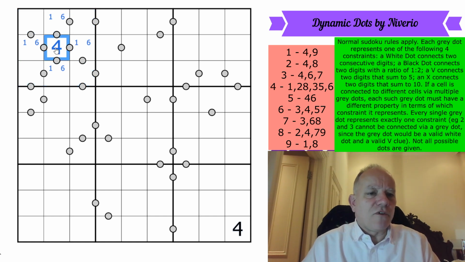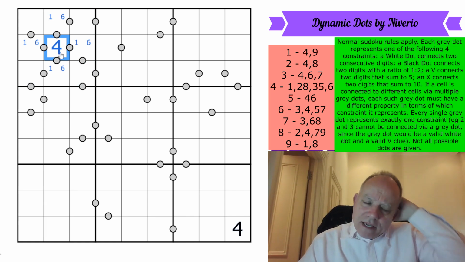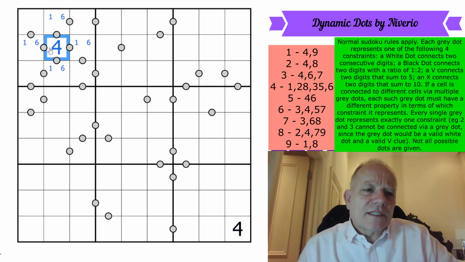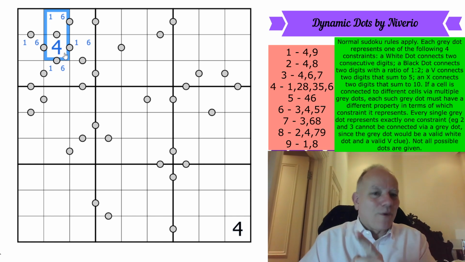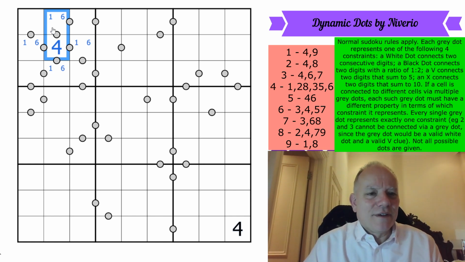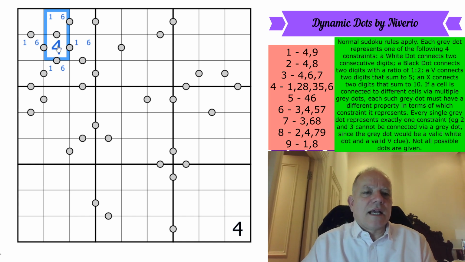It could connect to 4, but actually we've worked out that it doesn't, because 4 connects to 6. Oh no, hang on, we haven't worked out that it doesn't. 4 could connect to 5, couldn't it? No, okay, here's why 4 can't connect to 5. Oh, and that's quite interesting. If 4 connected to 5, the only thing 5 can then connect to, well, it's 6, and that's not allowed